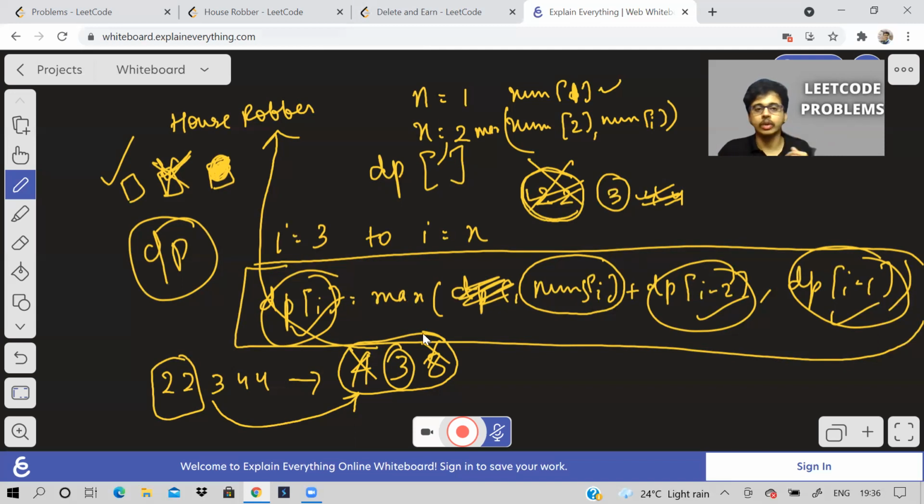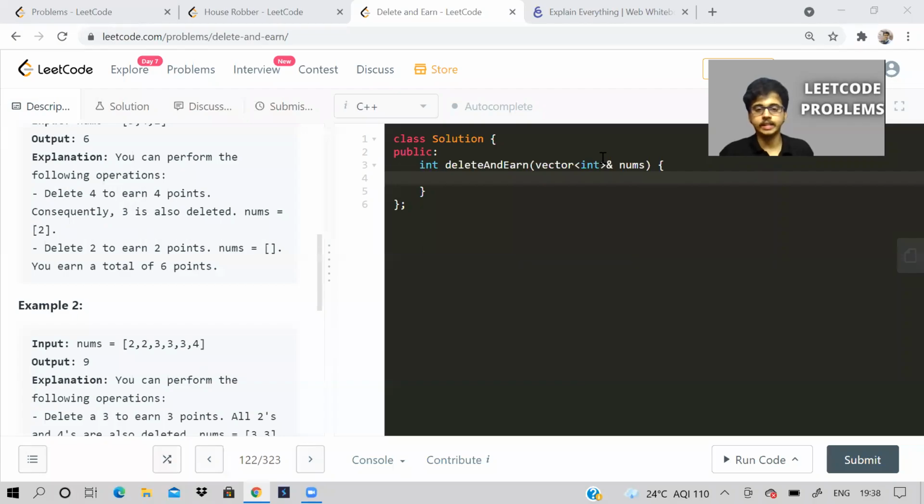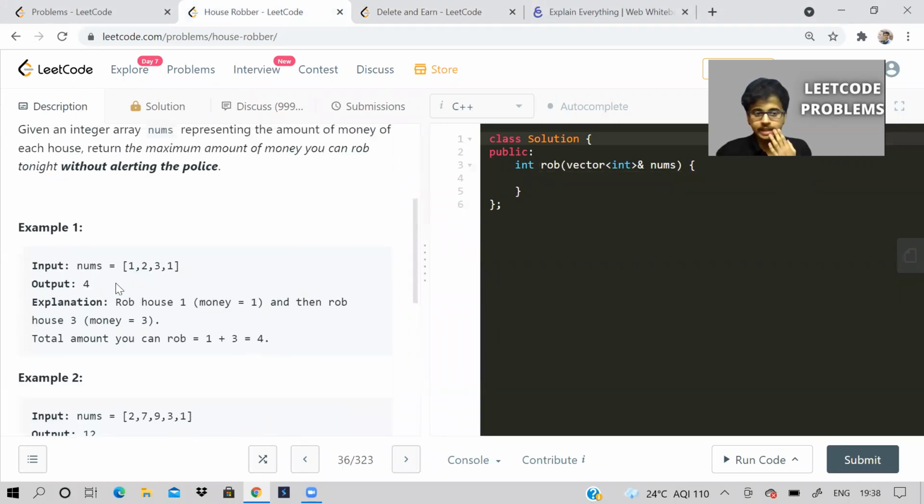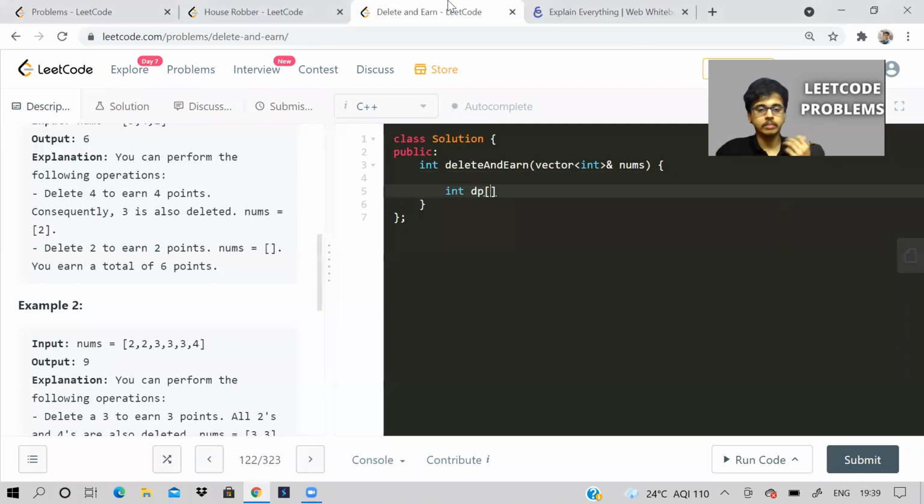And now I'll show how to do the coding. Okay, so let us see the implementation. What I'll do is I will first of all take DP. Now DP of what? How long should the array be? See, in the house robber problem, we are already given the number of elements. The input array itself is what we should work on. But here we should change our input array because we don't know what is going to be our max value.